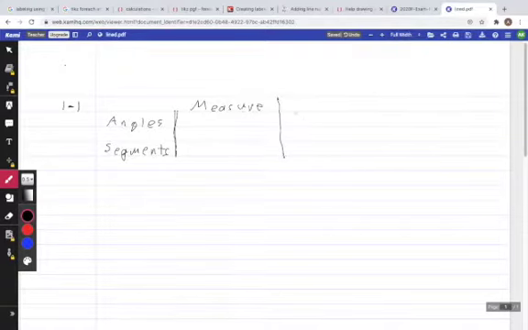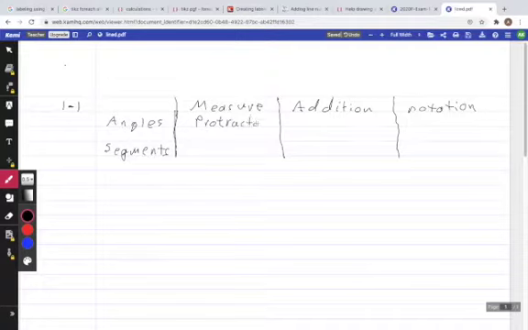Second being addition, and the third one being notation. So, we measure angles, as we know, using a protractor. Addition,